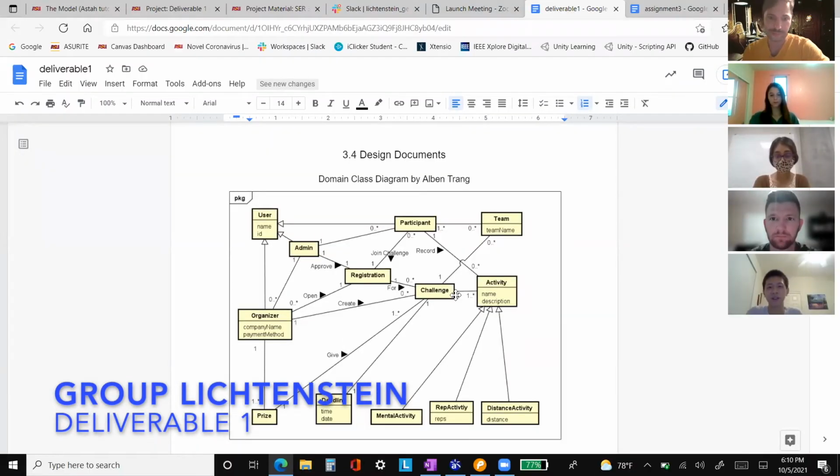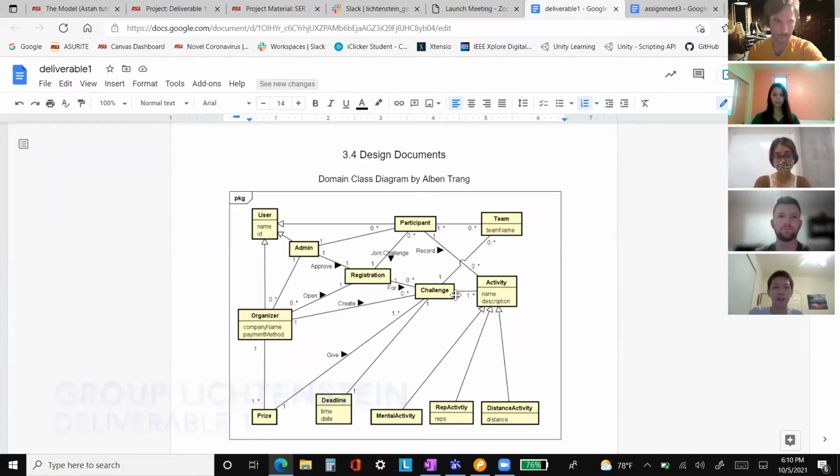All right, so we made 7 diagrams: a domain class diagram, a use case diagram, and like five sequence diagrams. It's because we wanted to be prepared for a deliverable too. For this domain class diagram, it shows us